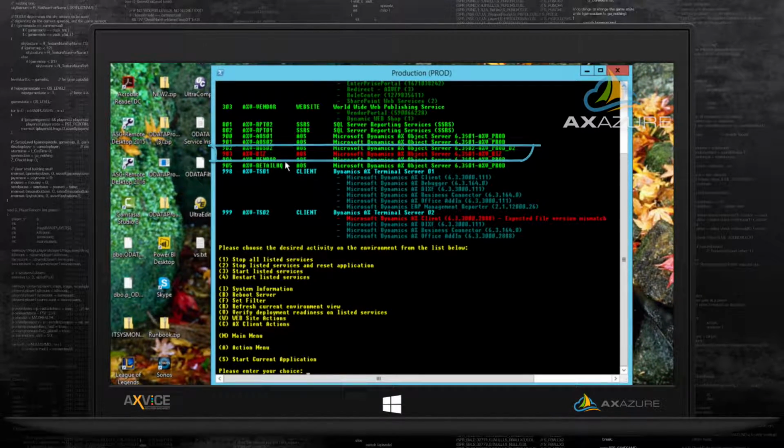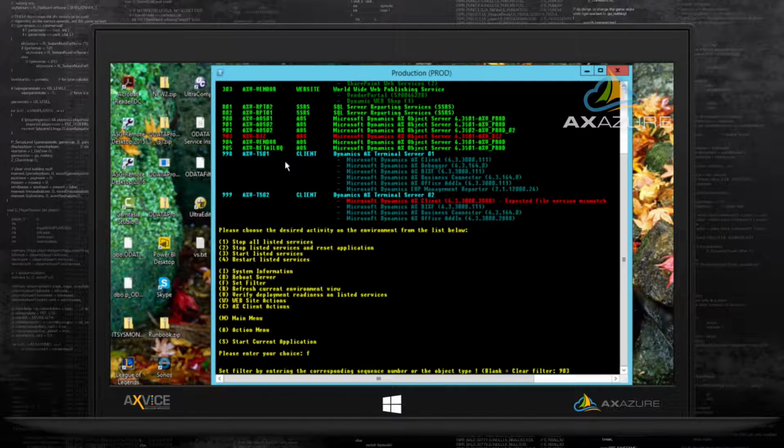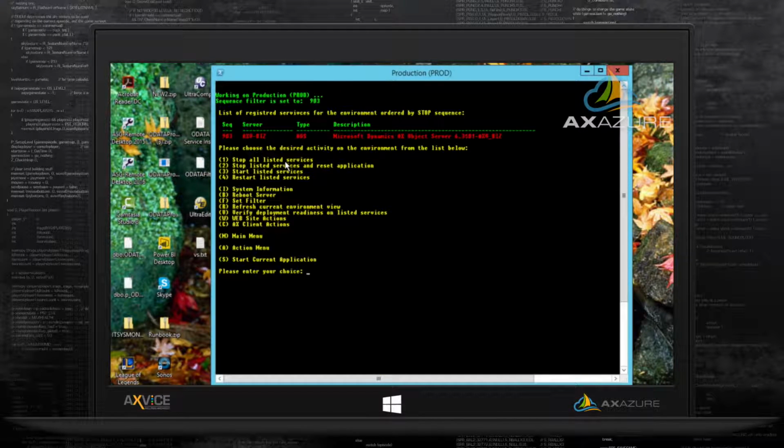So I can now start the services again. So I'll just say start listed services. If I say start listed services here, because all the other services are actually started, it will only start the one that is stopped. But I'll just filter that service out, and then I'll say start the service. And it will show up.